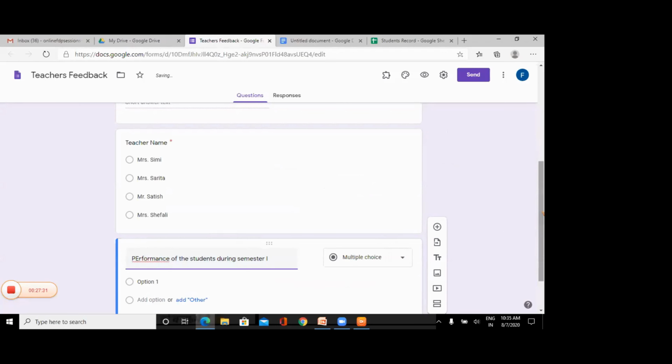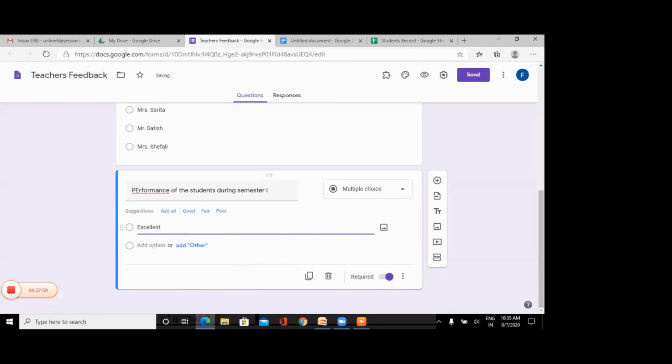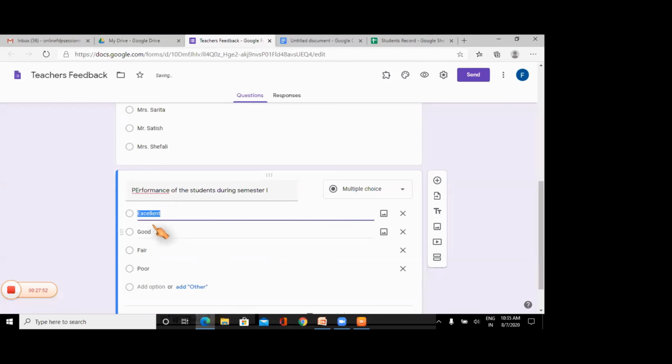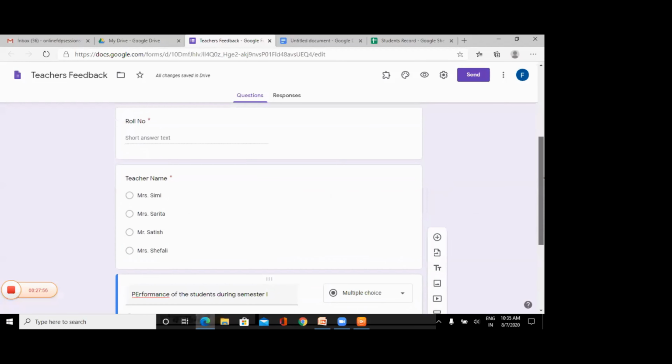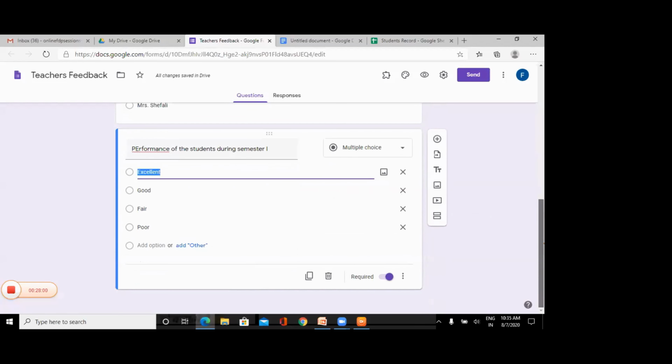Suppose I'm asking about the performance of all those four students which I have entered in the Google Sheet, from other teachers, how they were performing in their classes. What score or what grade they want to give, they can choose from this. So first I just want to add all: excellent, good, fair and poor. So these are the grades the teachers can give to the students, right?